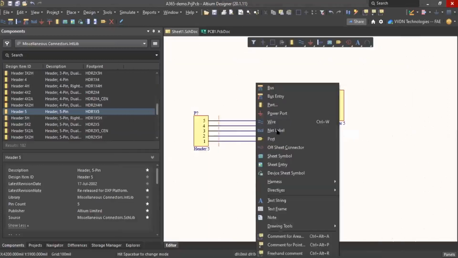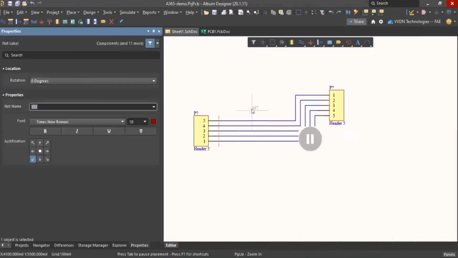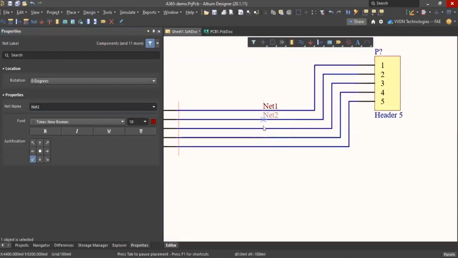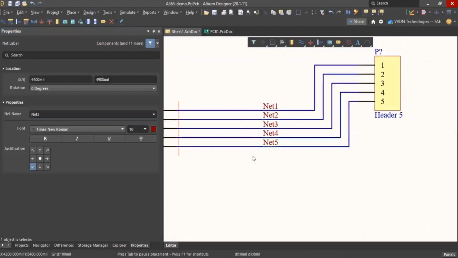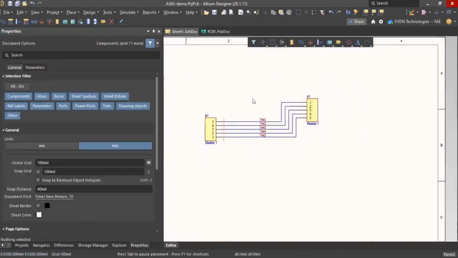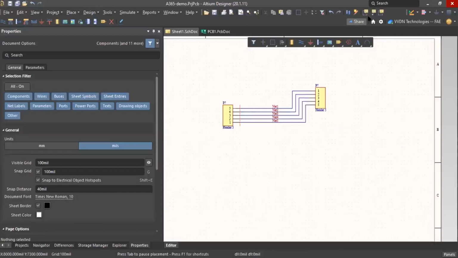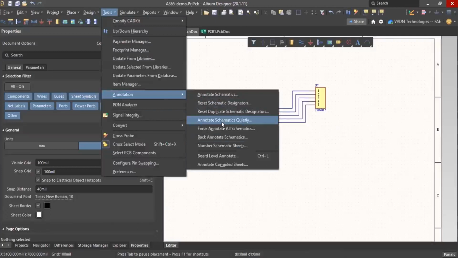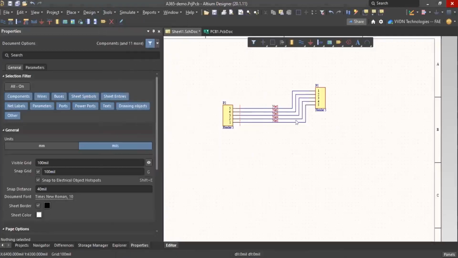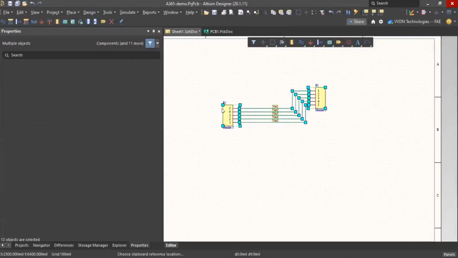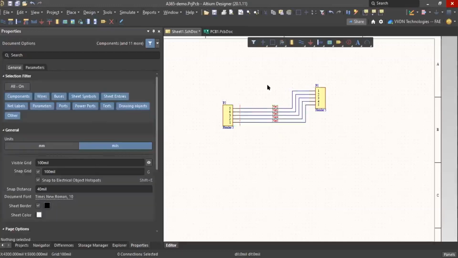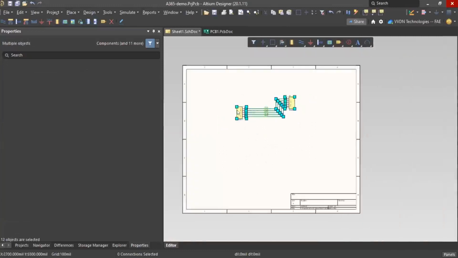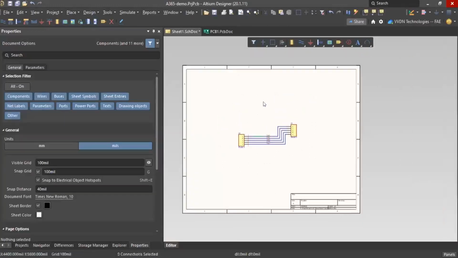Saving the document. Okay. And then annotate. Okay. That is enough, just two connectors.